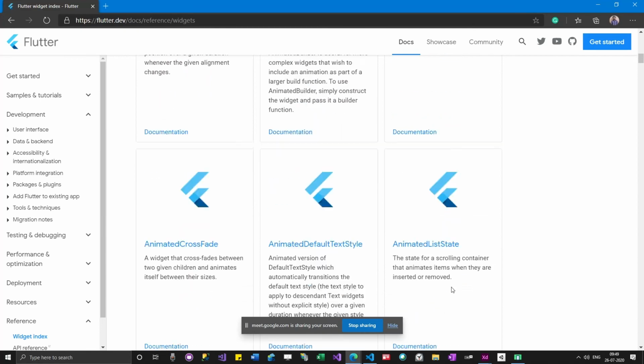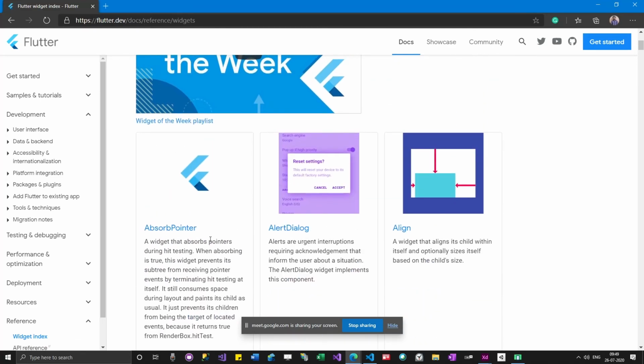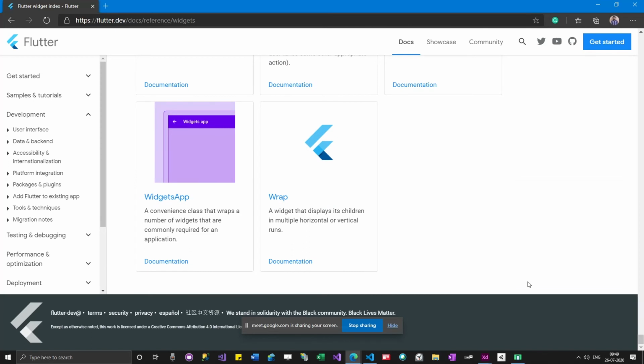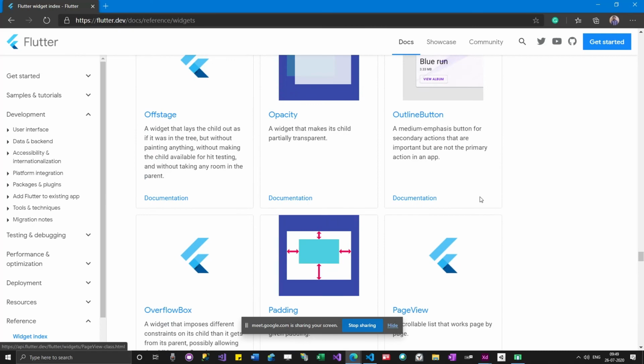Just like all other widgets, we have IgnorePointer also. Even if some widget is missing from here, it might be there in the Flutter code. We don't know that, but as per this site, these are the widgets that we have in Flutter. We might have more also.